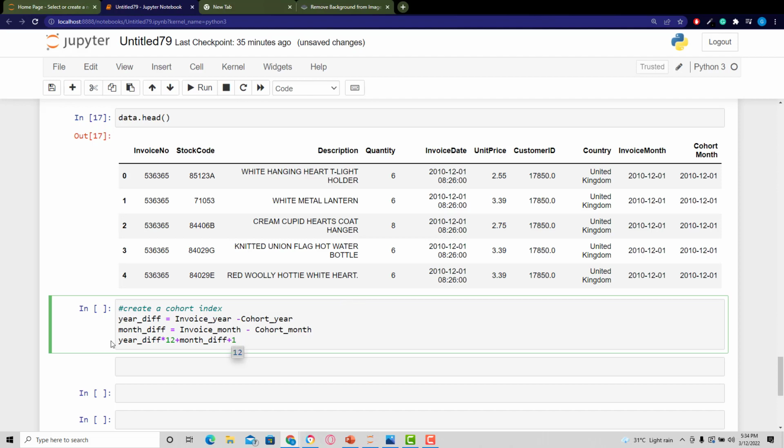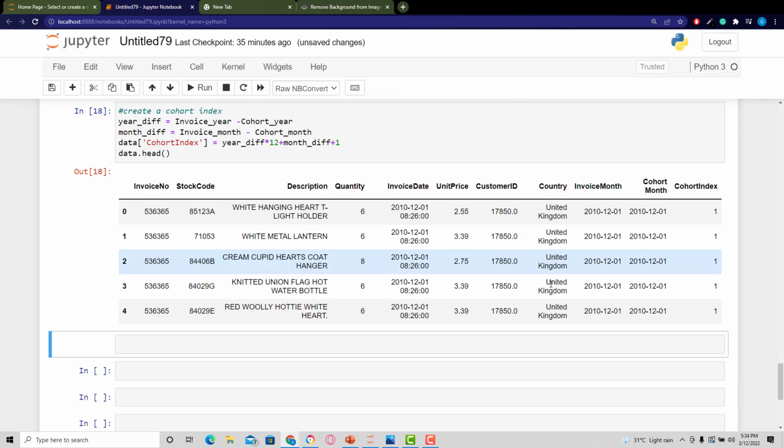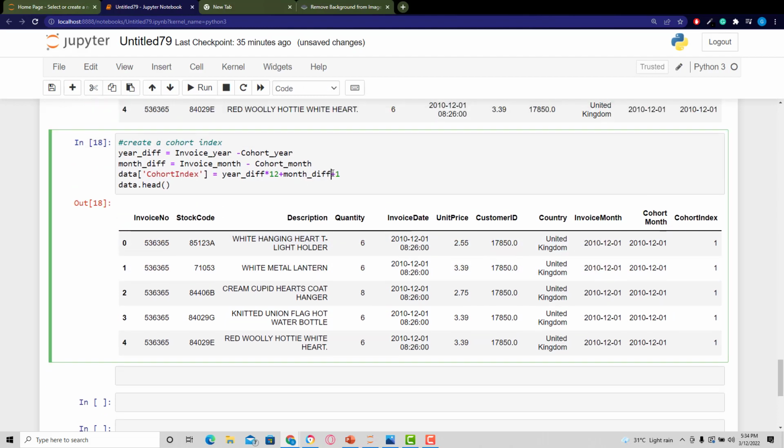And now that we have this calculation, we can add it back to our data frame. And we can call that cohort index. And we can save it. And of course, let's take a look at the head of our data to make sure that's all good to go. So now you can see that 0 turned into 1 because we added this additional 1. If we look at the tail,